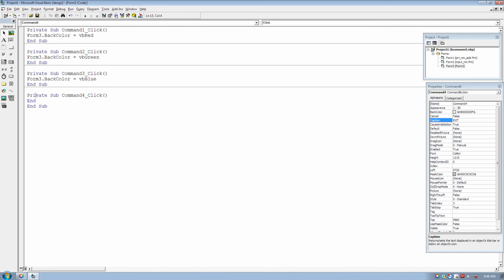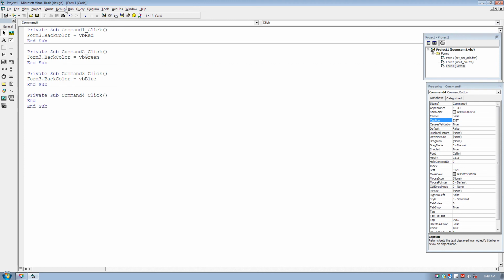We will write just one statement, and it will end your form. We will keep one extra command button in every form, which will allow you to exit. And inside the event of that button we shall write only one word, end. Just that much. So end will end your form.